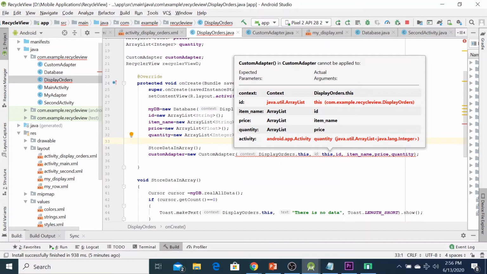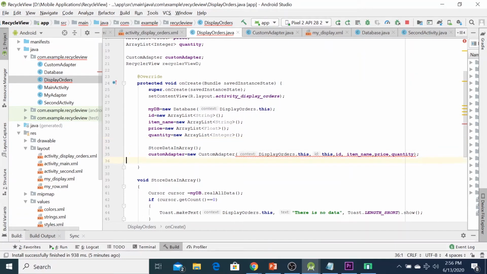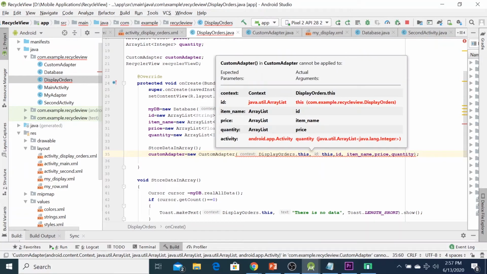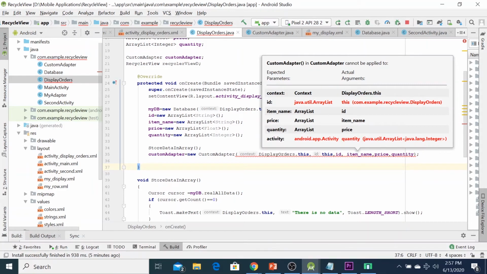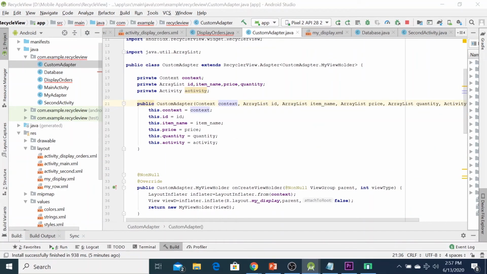Okay, there is something wrong here. We are going to call this custom adapter class now from DisplayOrder, so let us check the sequence of the parameters. You have to make sure you follow the sequence. If you look at the custom adapter here, it is context, array list, item name, price, quantity, and activity.